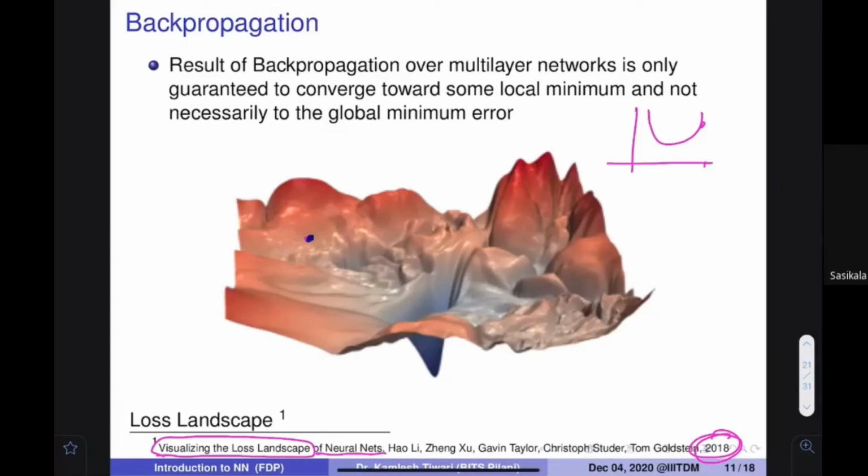Nearby, because of the derivative, you would reach this particular point, and then this particular point, and then you would reach this particular point. You will stop over here. For example, if you start at this particular point, you would come here, and somewhere you find the minimum value, and all nearby values are actually larger than that. Can you see that? If you start here, you would come down and find some parameter here that is smaller, and nearby all the values are larger, so you cannot go forward.